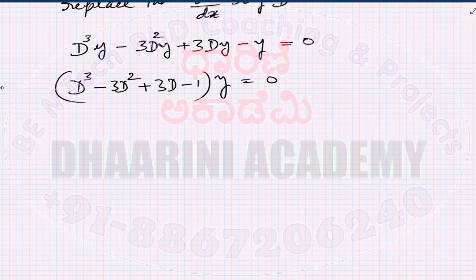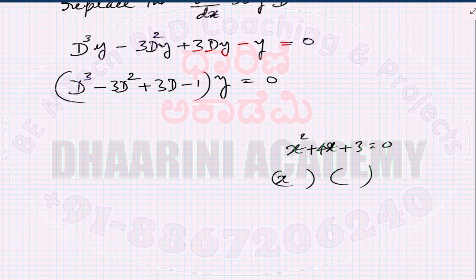If you are solving an algebraic equation, maybe a quadratic equation like x squared plus 4x plus 3 is equal to 0, you get two terms, maybe x minus 1 and x minus 3 possible. Okay, in this case, if you write this is equal to 0, what is the solution that